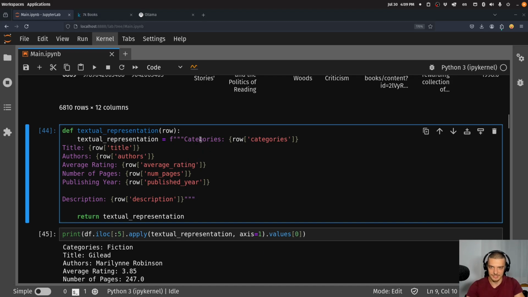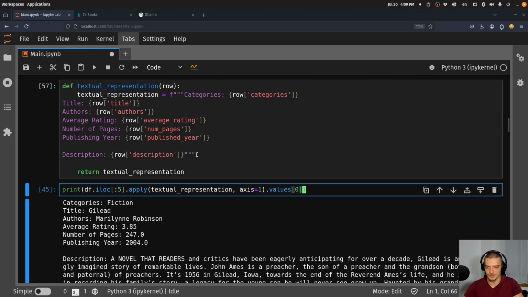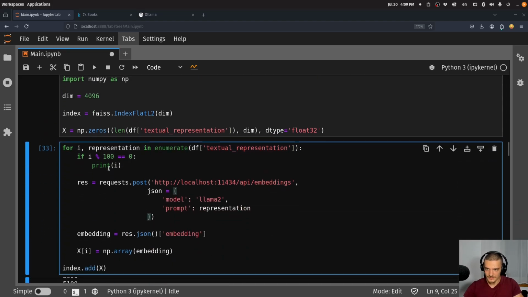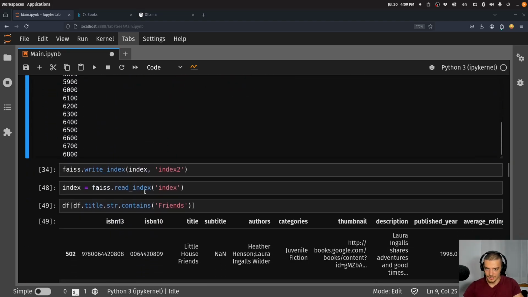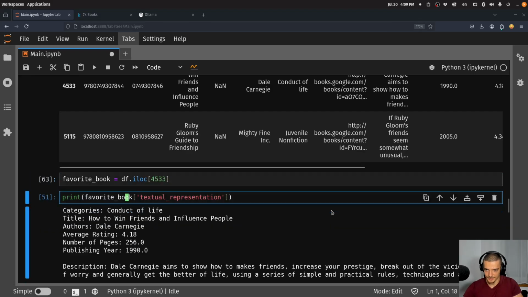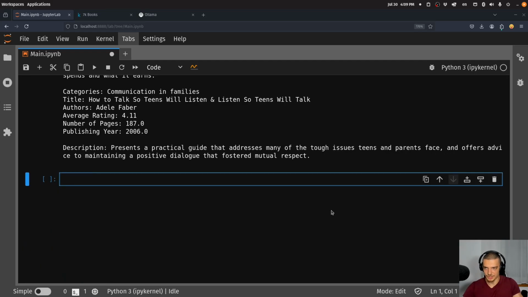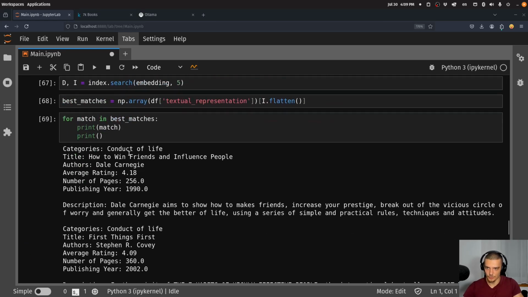So just as a side note here, it's good that we can learn from mistakes. You need to keep this the same. So you cannot just swap things around here because it's going to mess up the database. So I changed the structure to be the exact same as the one I used. So now I can run these things here again. I'm not going to run this one. I can read the index. I can find this book again. I can get the best matches, and then I can get my results, which are in this